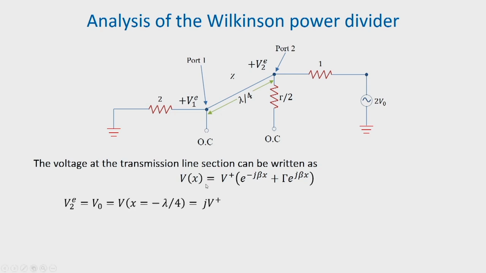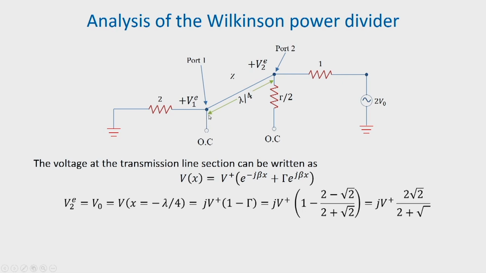Now, what we do? We take the reference to be here. So, our x is equal to 0 is taken here. So, for that case, if we find out at port 2, V2^E, which we know already is V naught, and this must be equal to V(x)